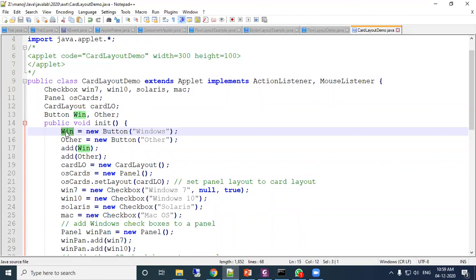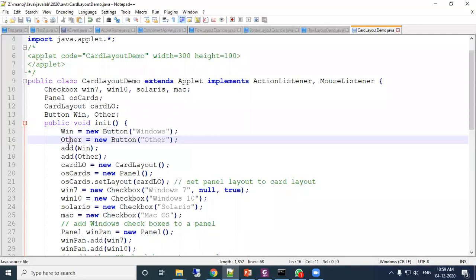Means the text shown inside the button is Windows, that parameter. And here it creates a button: other equals new Button("Other"). So two buttons are created here. One button name is win, another button name is other.